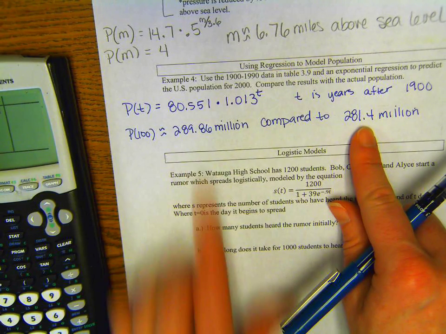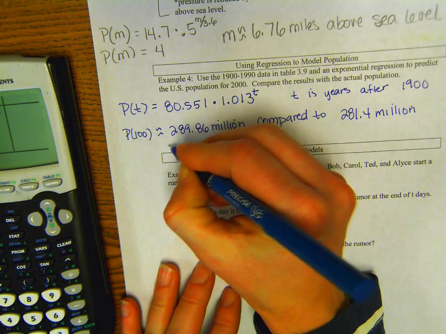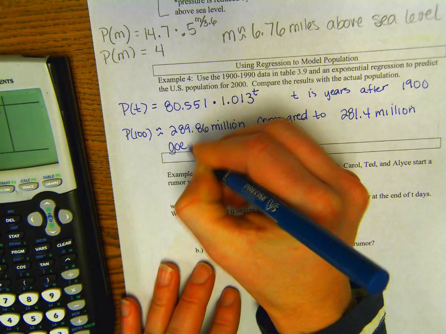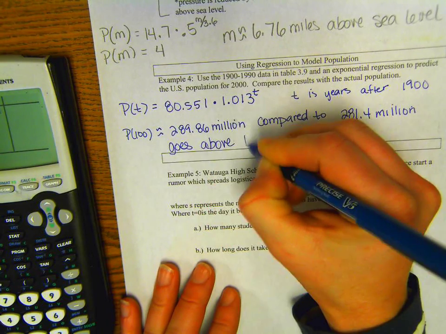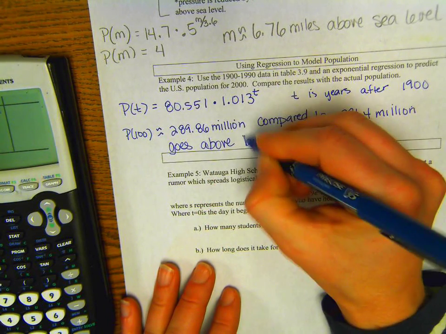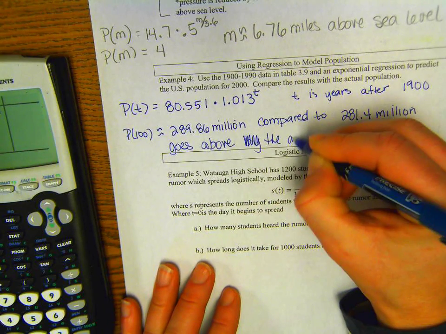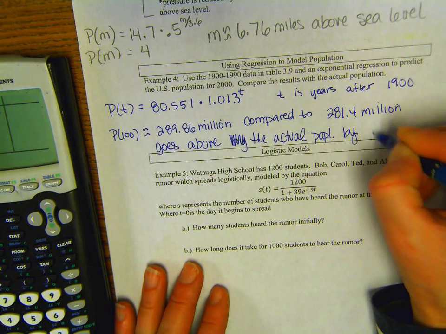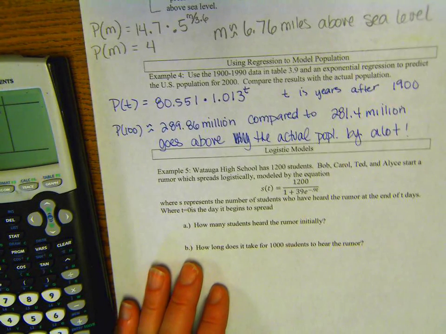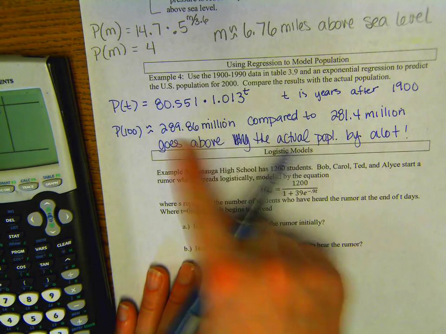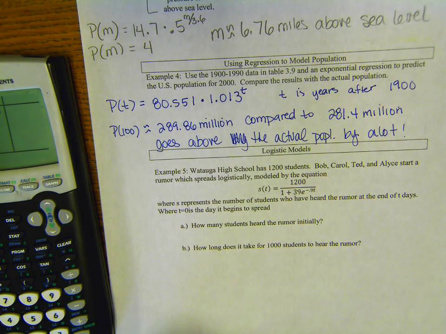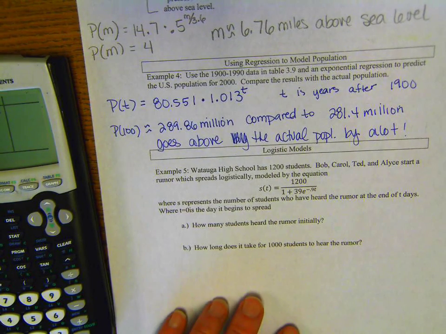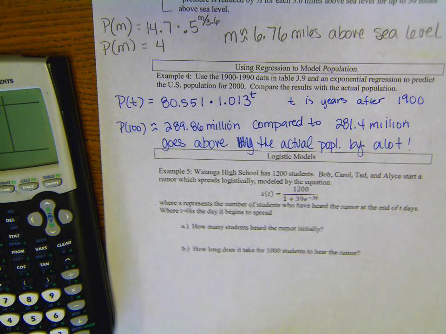Okay, so I'm going to write this: the model goes above the actual population by a lot. Because that's kind of a lot of people, isn't it? Think about that many people. Okay, so now